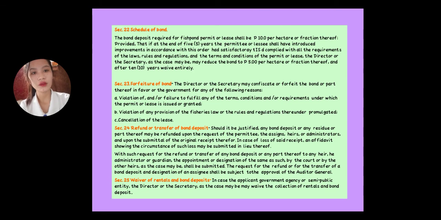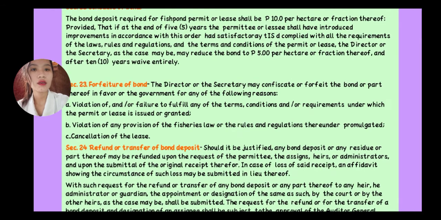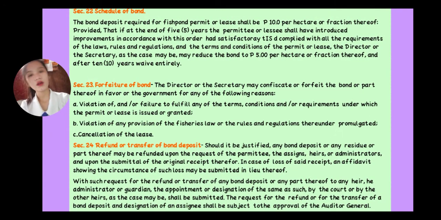So, Section 22, Schedule of Bond. So, the bond deposit required for fish pond permit or lease shall be 10 pesos per hectare or fraction thereof. So, balik ra ni sa katong mga bond nga gi-deposit sa kada fish pond permit, muhatag kag 10 pesos kada hectare niya or fraction thereof, provided that if at the end of 5 years the permittee or lease has introduced improvements in accordance with this order and satisfactory,